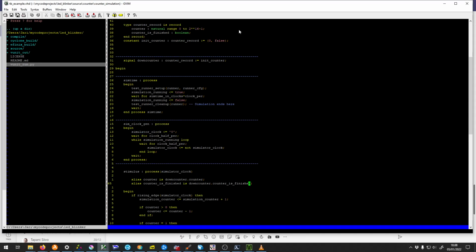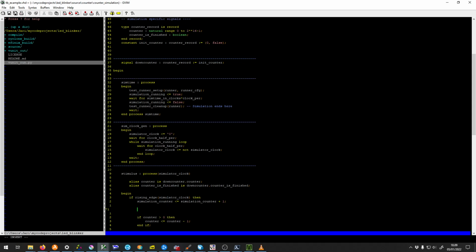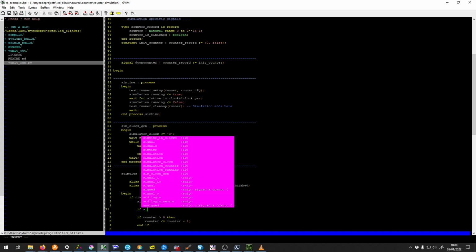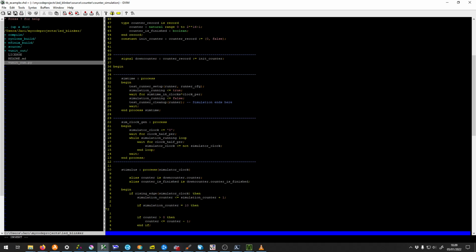Now, what we will do is use the simulation counter here as a stimulus. So if simulation counter is, for example, 10, then we will put counter to 10,